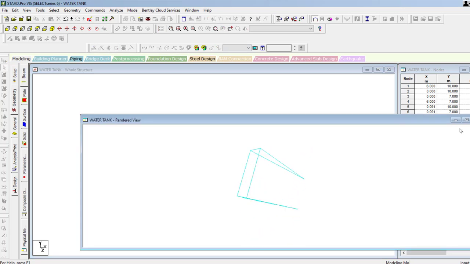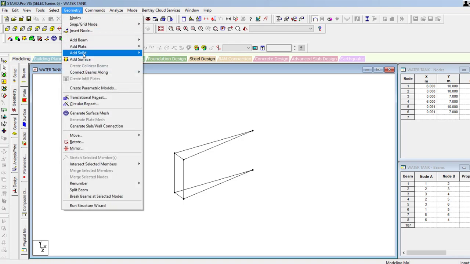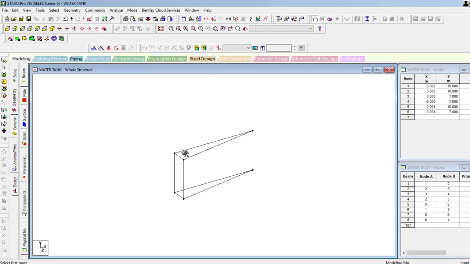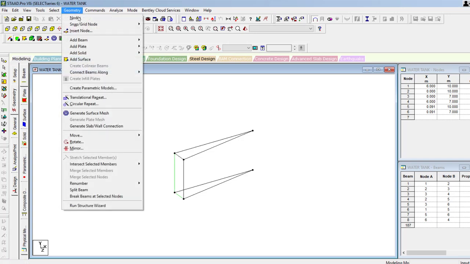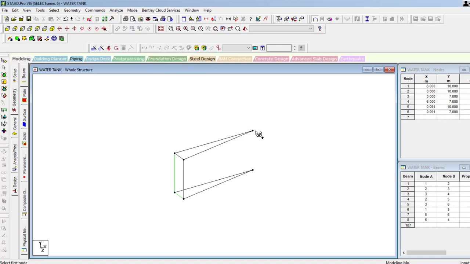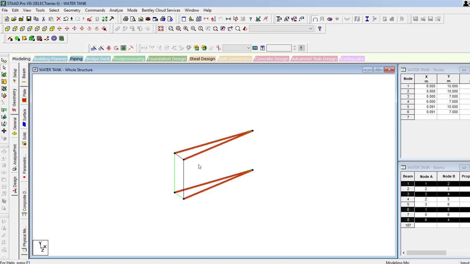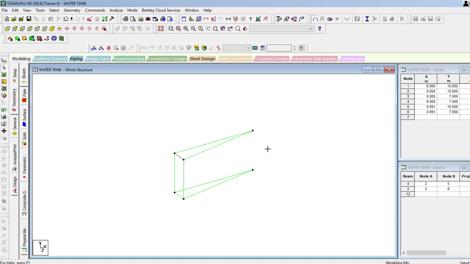Now this is hollow. I want to add the plate. For that, click on geometry, add plate, quadrilateral shape, add this to quadrilateral shape. Then geometry, add plate, triangular plate. You just add this into triangular shape. So once I am done, by using the beam cursor, I just delete these beams and then these 2 beams, because I only want to keep the top beam and then bottom beam. Delete it. Okay. So that we have only 2 beams and then 3 plates.